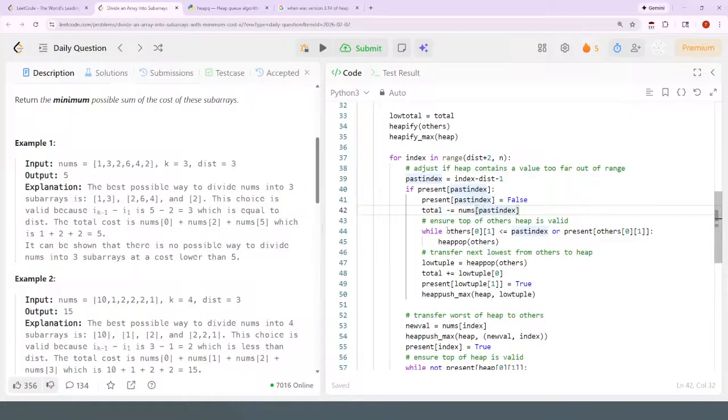So first I need to make sure that the top of others is not valid. So if the top of others has an index that is at the pass index or further. I could probably say just before the pass index maybe. Then, no, it should be that. It should be less than or equal to pass index. So if the top of others is not good, or the top of others is already part of the heap, then I'm going to just ignore that, pop it,